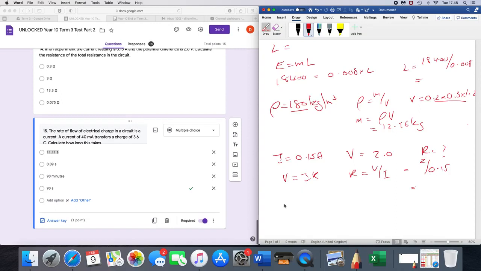Finally then, question 15, we have a current of 40 milliamps, that's 40 over 1,000 amps, and we have a charge of 3.6 coulombs, and we want to know how long it takes for the 3.6 coulombs to flow at that. We know Q equals IT, so we know T is Q divided by I, which is 3.6 divided by this, which is times 1,000 divided by 40. So 3,600 divided by 40 gives us 90. And it's seconds. So the answer is